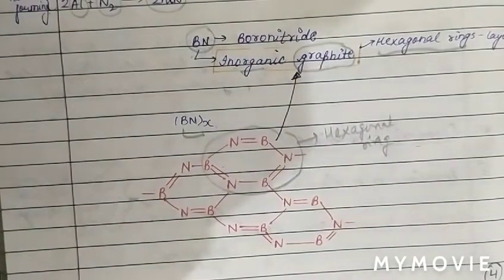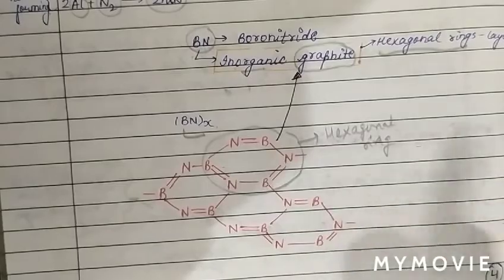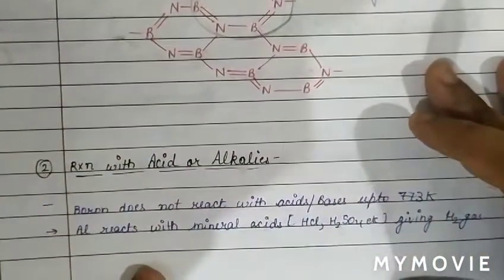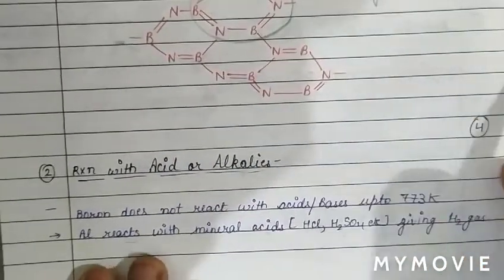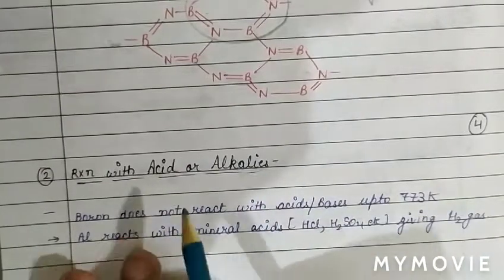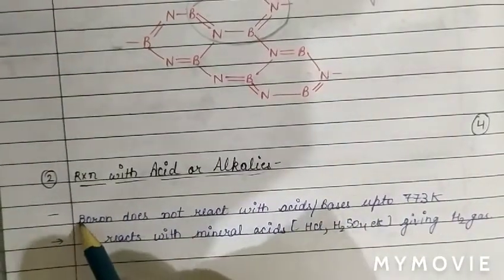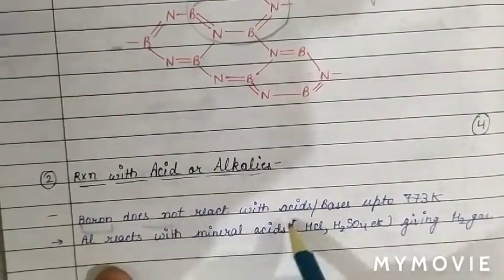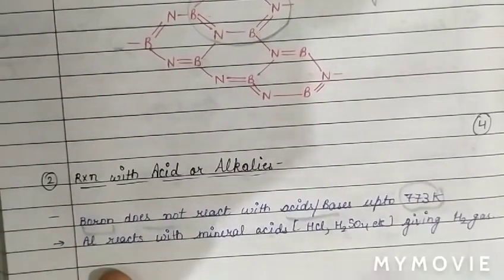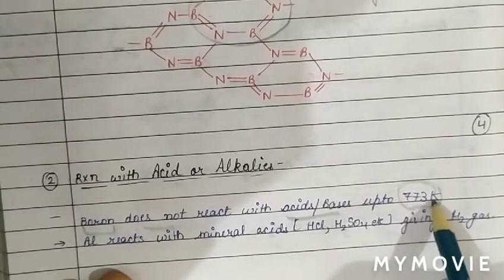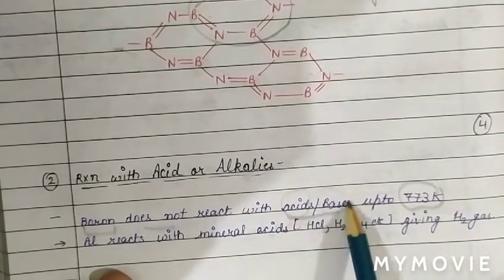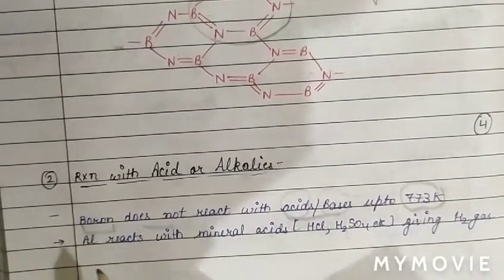Now we will discuss another chemical property of group number 13: the reaction of group 13 elements with acids and bases. As we know, boron does not react with acid and base up to 773 Kelvin, either with acid or base. While aluminium